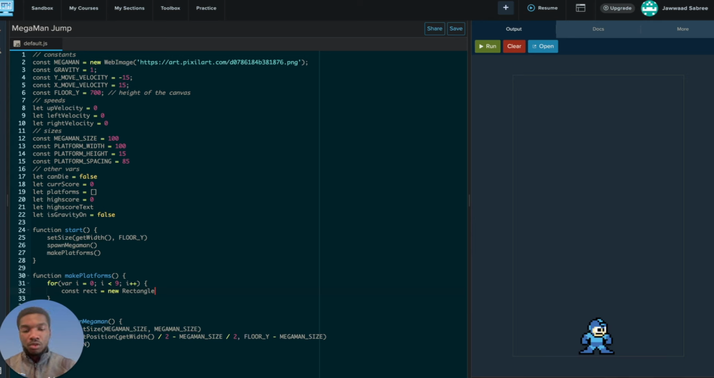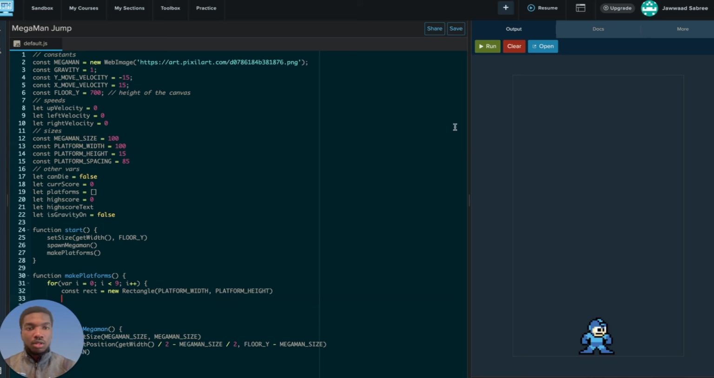And every time you create a new rectangle, you have to give it a width and a height. So we already have that. We have our platform width, and we have our platform height. And now we can say rectangle and give it a color by saying dot setColor. You can give it whatever color you want. I'll use Color.red, let's try red. And then we'll say rectangle.setPosition